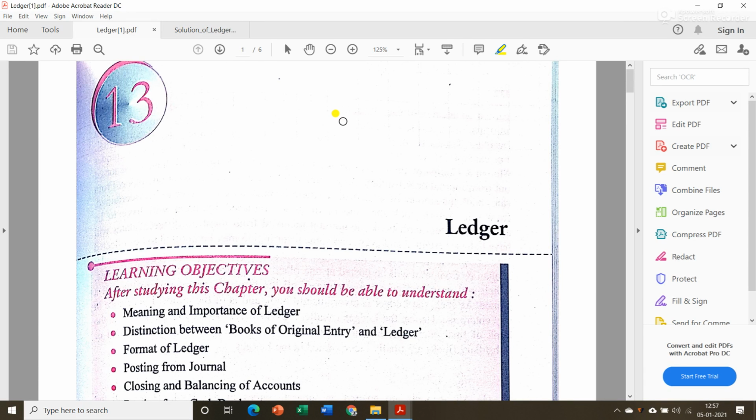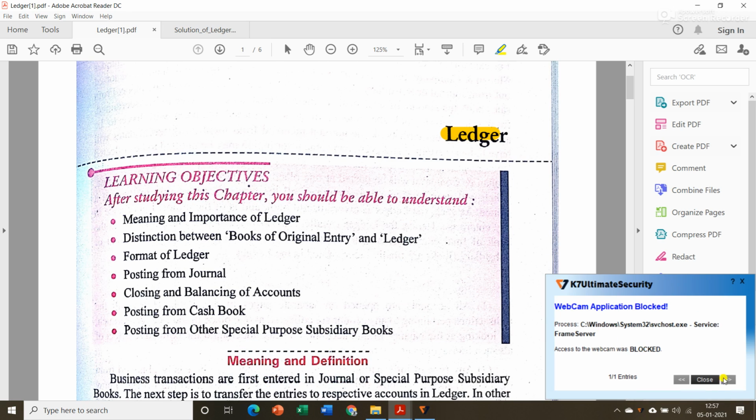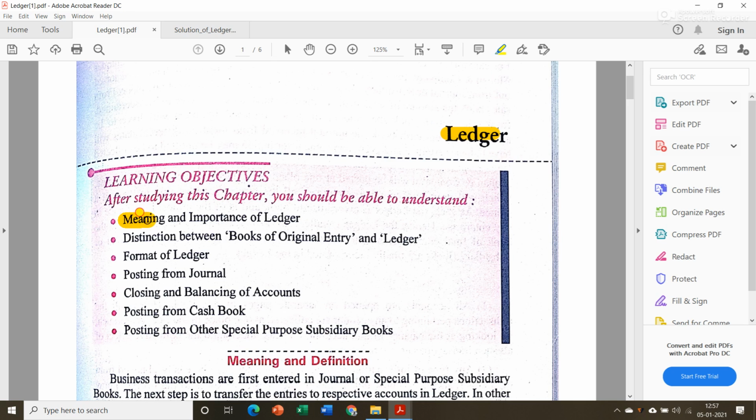Hello students, in this session we will be starting a new topic, that is ledger. Now in ledger we have to understand what is meant by ledger, what are its importance, then difference between books of original entry, that is journal, and ledger, then what is the format of ledger,